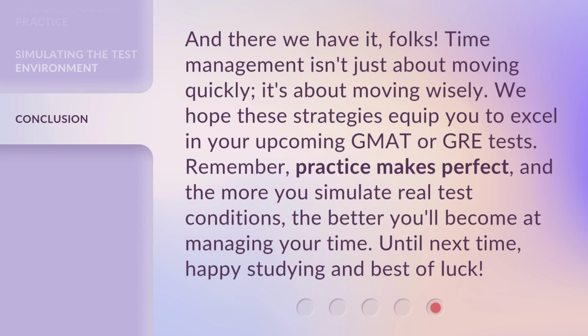And there we have it, folks. Time management isn't just about moving quickly, it's about moving wisely. We hope these strategies equip you to excel in your upcoming GMAT or GRE tests. Remember, practice makes perfect. And the more you simulate real test conditions, the better you'll become at